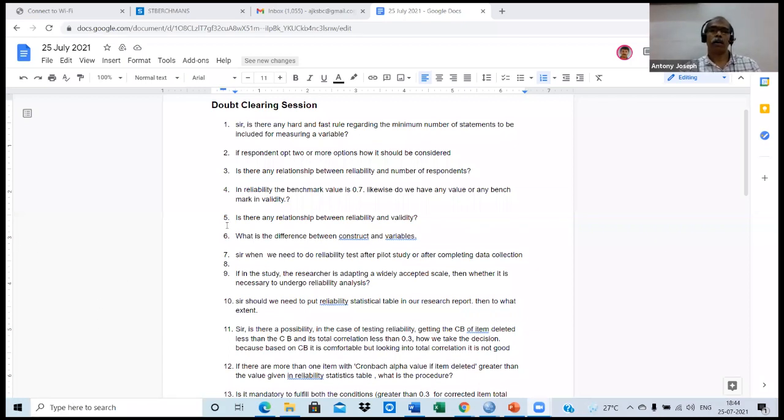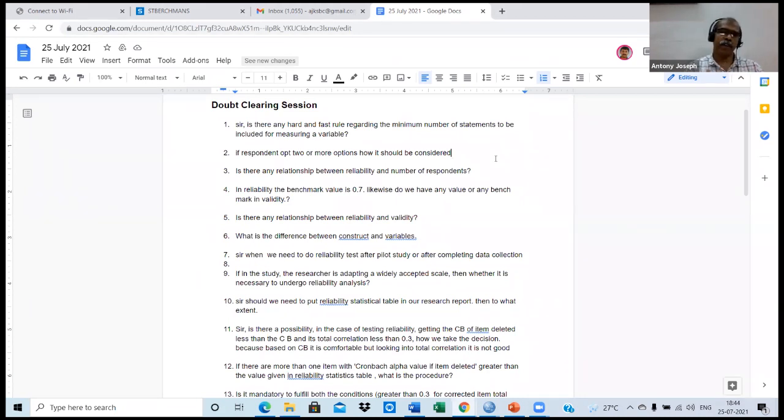Second question is, if respondent opt for two or more options, how it should be considered. That is to be decided by you. In case of a statement, there is no possibility for giving more than one option. If multiple options are there in any particular case, you have to be very careful while making your variable view.